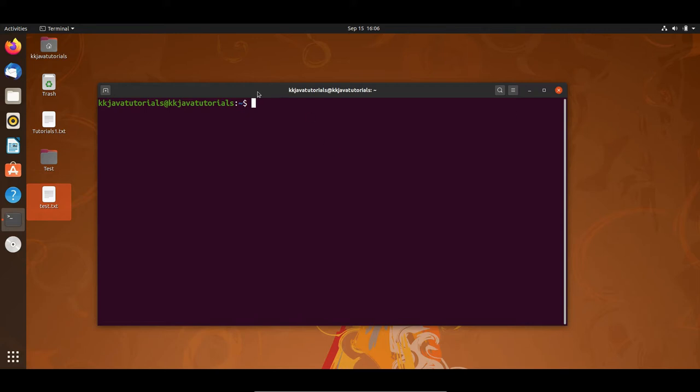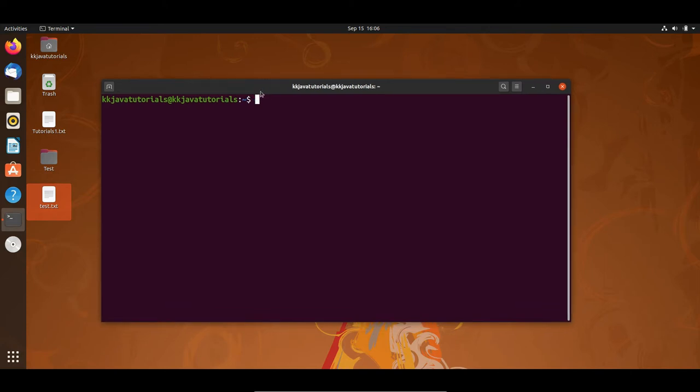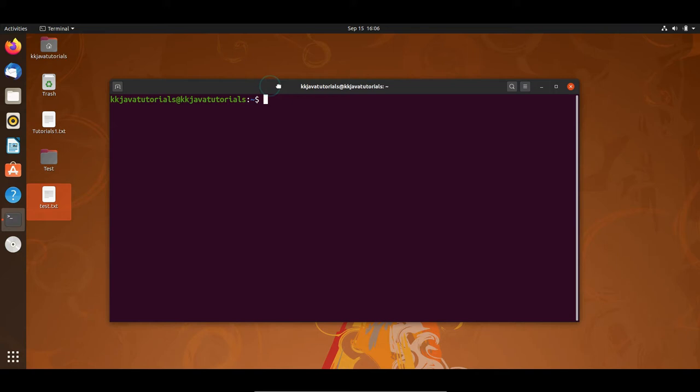Using certain commands, right? So here, first of all, let me list out all the files and directory available on my desktop. So here, I have opened my terminal and it is pointing in my home directory. You can type pwd, that's present working directory, and that will show you. But I would like to move on my desktop, so I will do cd and then desktop, right? So that my terminal is pointing on desktop.